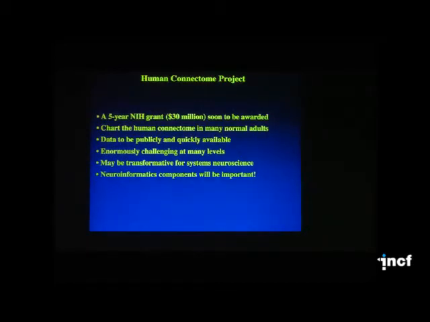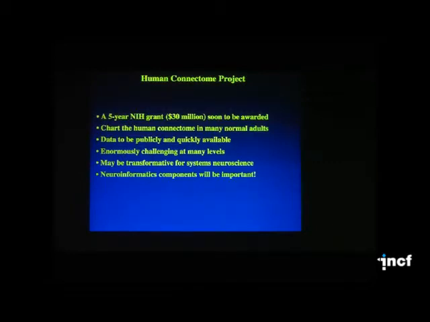And we can approach this now as part of a systematic assault on understanding the human brain circuitry, the human connectome project. And we are very optimistic that NIH will, in the next couple of weeks, announce a major grant to a consortium effort that will chart the human connectome in a large number of normal adults, make the data publicly and quickly available, and face the extraordinary set of challenges to make this data as accurate and analyzable as possible.